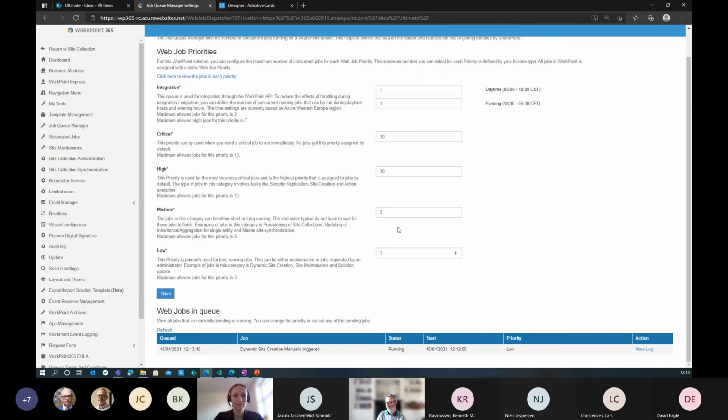So while we're on this page, I will show you the integration API site creation queue. So you can now see there's an additional one here, and you can see that there's a minimum and maximum for a daily job and a nightly job. So daytime is defined as 6 a.m. till 6 p.m. Central European time, and evening from 6 p.m. till 6 a.m. Central European time. And you can set the number of threads that you want to use during those times. Hopefully, if I refresh this,